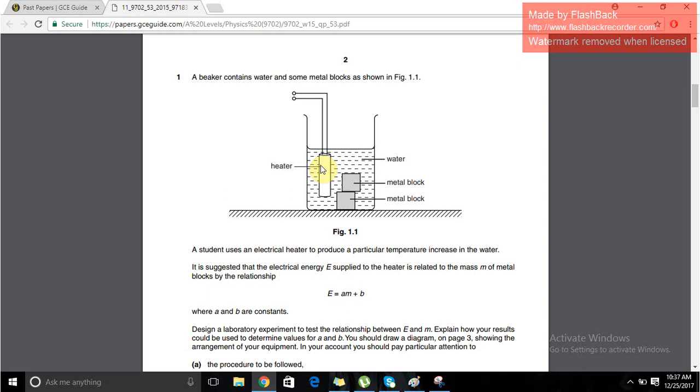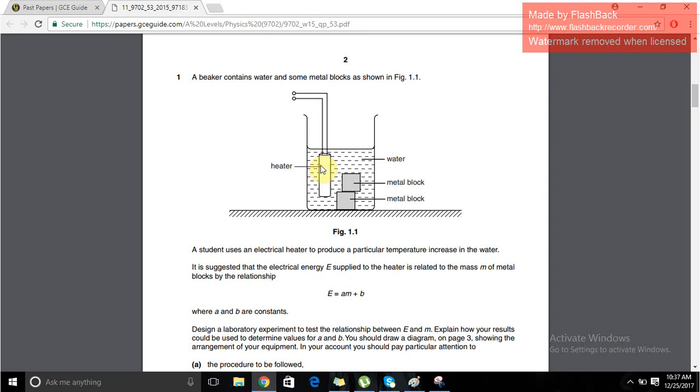And E is basically P into T. That is the power of the heater multiplied by the time that the heater was working. Alright. E in this scenario may also be somewhat related to mc delta theta. Could have some sort of a relationship with it, although obviously that is not the equation we are